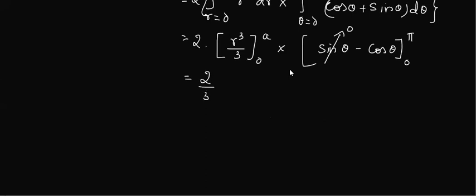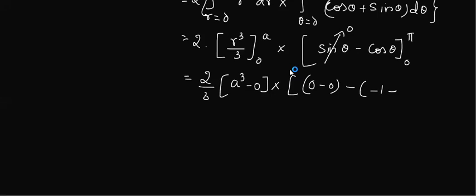So this 3 comes out. If I put the upper limit, it is a cube minus 0 cube, which is 0. If I put for sine theta as pi and 0, I'll get 0 minus 0. Correct? Minus cos pi is minus minus 1, minus cos 0 is 1. Be very careful. If you just miss one of the minus signs, instead of getting a non-zero quantity, you'll get a zero quantity. Am I right? Yes. This is 2a cube by 3.